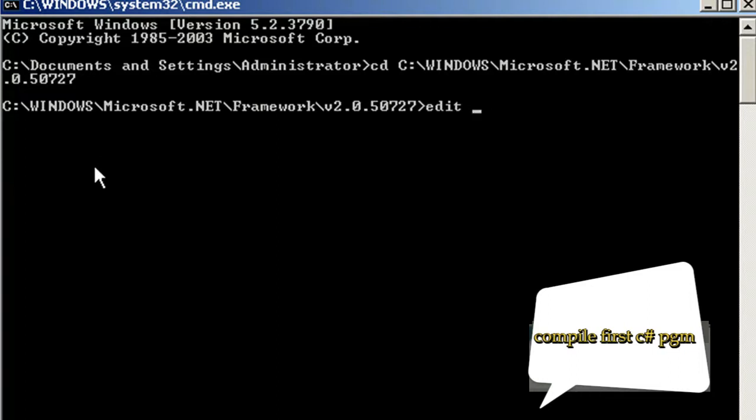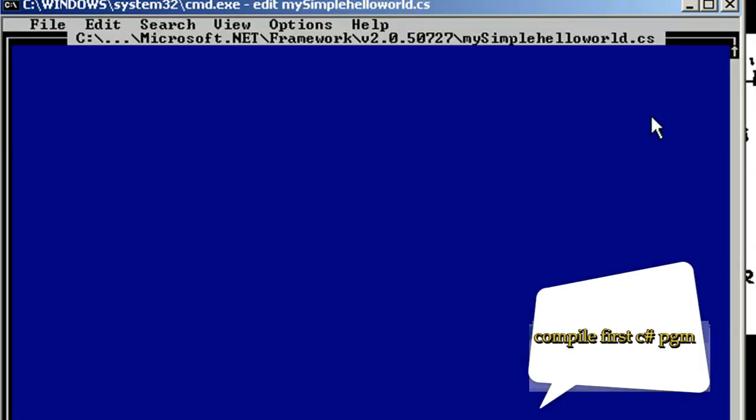Let me say edit my simple hello world. Because this is a C Sharp program, all our file names should end with .cs. So I'm going to create a simple file called mysimplehelloworld.cs and press enter.